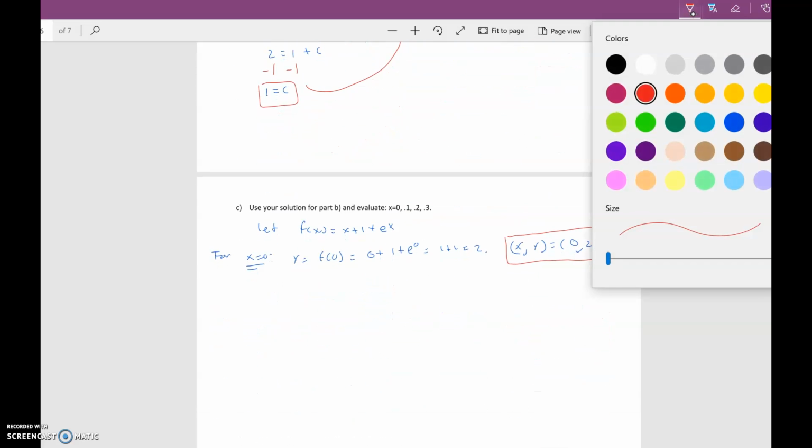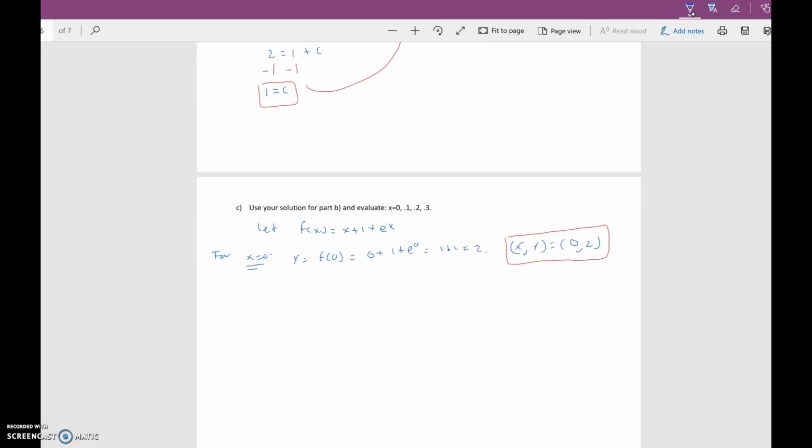And then the next value that they want us to plug in is 0.1. So x is equal to 0.1. You're going to get that y is equal to f of 0.1, which is equal to 0.1 plus 1 plus e to the 0.1. So please type it into the calculator. At 0.1, I'm getting 2.2051, so as an x and a y,